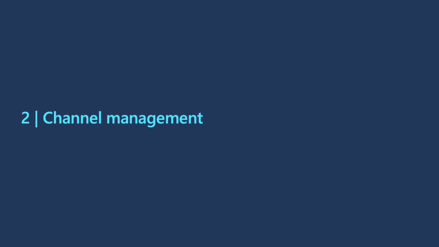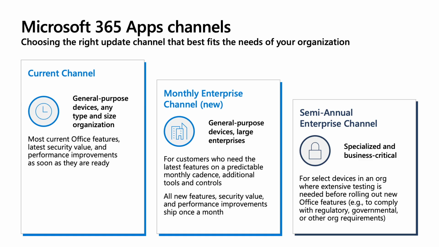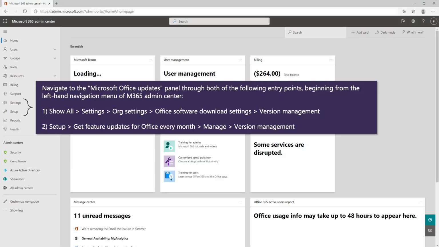Let's talk about channel management first. Update channels control how often Microsoft 365 apps are updated with new features, quality and security updates, as well as bug fixes. Customers on monthly update cadence report higher end-user satisfaction. Therefore, we made it the default for new tenants and recommend you to switch to a current channel. If you need more predictability, you can use the monthly enterprise channel, which provides you with a more controlled and flexible release experience in the Microsoft 365 Admin Center. That said, let's explore some new features we're building to enable that experience for you.